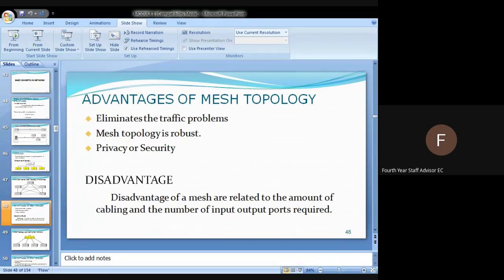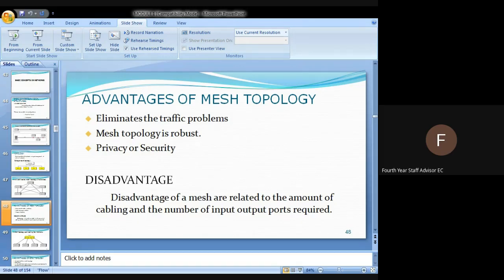It depends on the amount of cabling, the wires or the links that are required. See, I told you 5 devices are there. How many links are required? If it supports full duplex transmission, 10 links are needed. So the disadvantage of such a mesh topology is the amount of cabling required and the number of IO ports required,